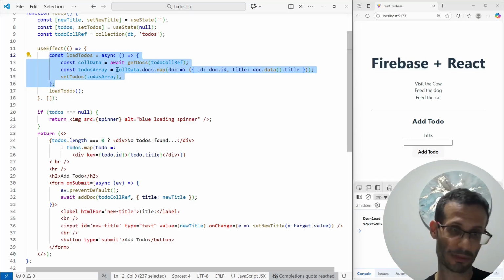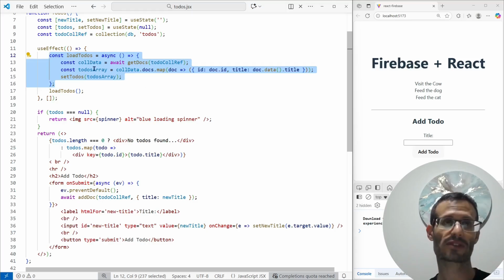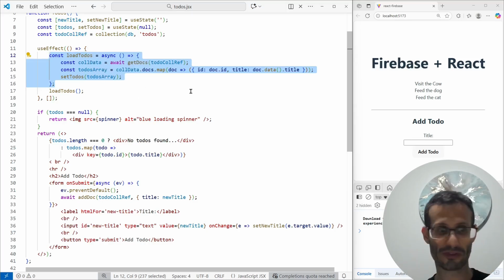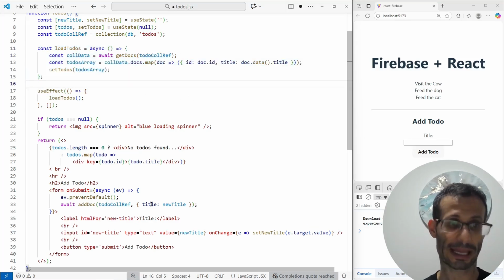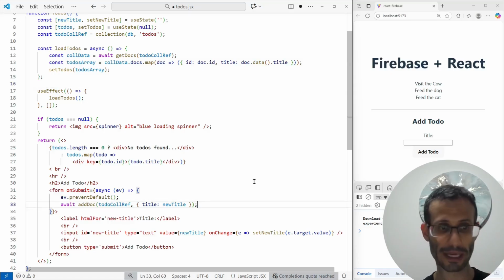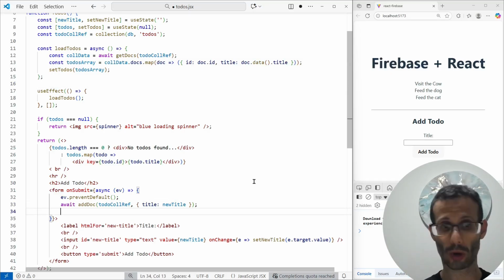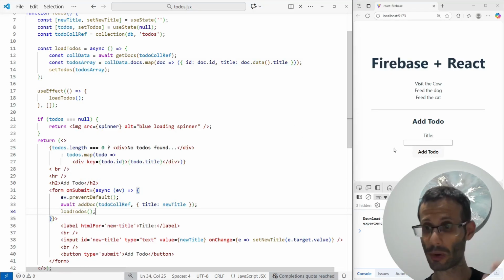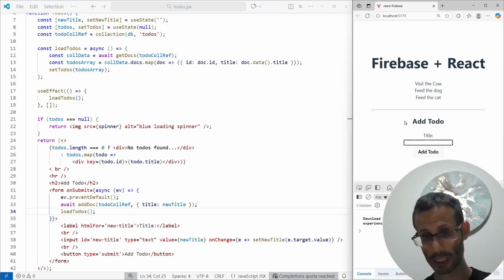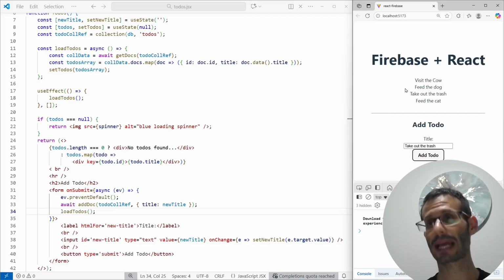But of course it cannot be inside the useEffect. We need this function to be accessible outside of useEffect, so I'm simply going to move it here. And here, after adding the new document, I'm going to add a call to loadTodos. And let's try to add a new item, say take out the trash. And if I add the to-do item, we need to wait for a second, and we can see it added